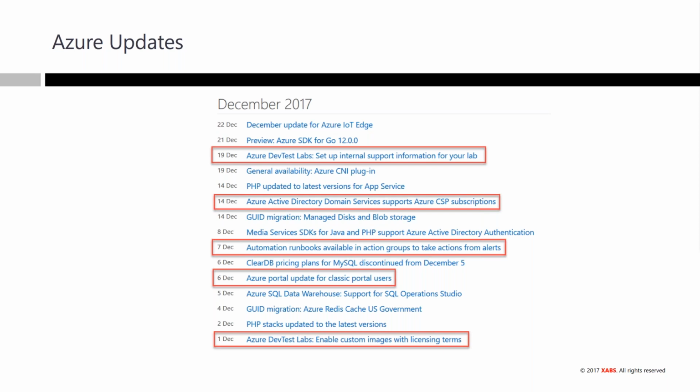There have been some changes in there. The Active Directory domain server supports CSP subscriptions. This is mostly interesting for people who are using CSP subscriptions. CSP subscriptions, for those of you who don't know, are